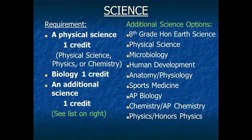Science. Science is an area that the state of Michigan has recently changed. Please note these changes on the left side of the slide. We are now requiring a physical science, not physical science the class. Rather, it can be physical science the class or physics or chemistry. 1 credit in biology and then an additional science credit. Most of you will probably be wrapped up with your science credits and maybe considering some of the electives on the right side of the slide: